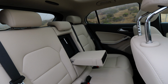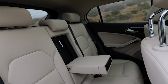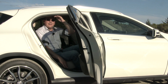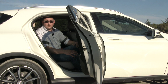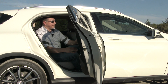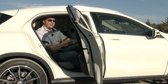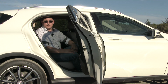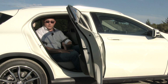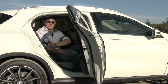I do have a decent amount of legroom back here, but headroom is relatively limited in the GLA, and entering and exiting the vehicle is a little bit more difficult because of a relatively high sill and a relatively low opening for the door. Now again, I have to say that's not necessarily a knock on the GLA 250 because basically every entry in this segment has very small doors. It's the only way to jam 4 of them in a vehicle this size. It is a little bit easier to enter and exit this back seat than the Q3, however, because in the Q3, the seat back is actually pushed a little bit behind the door opening and you actually have to climb